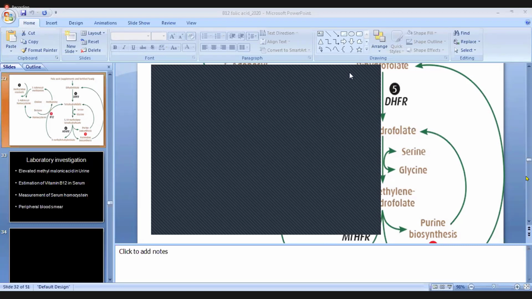If it is not bound to the R protein, what happens? The acidic pH or some other environmental condition in the stomach may damage the vitamin B12, or vitamin B12 may escape. That's why it first... I don't know the exact mechanism, it is not very clear, but maybe it prevents the loss of vitamin B12 in the initial period. Okay, so in the initial period, R protein binds with the vitamin B12 and it goes to the intestine, and in the intestine this R protein is degraded and it binds to the intrinsic factor.